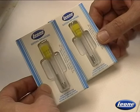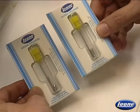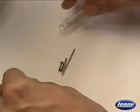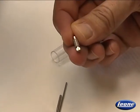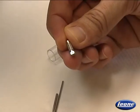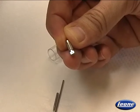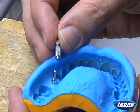We take an analog of the same diameter of the transfer. There is a short and a long analog choice. I normally use the long one. I recommend to use always new analogs. Even if you pay attention while removing an analog from a dental cast, a deformation of the analog occurs. As a result, the abutment can no longer be properly placed into the analog and thus causes misfitting of the